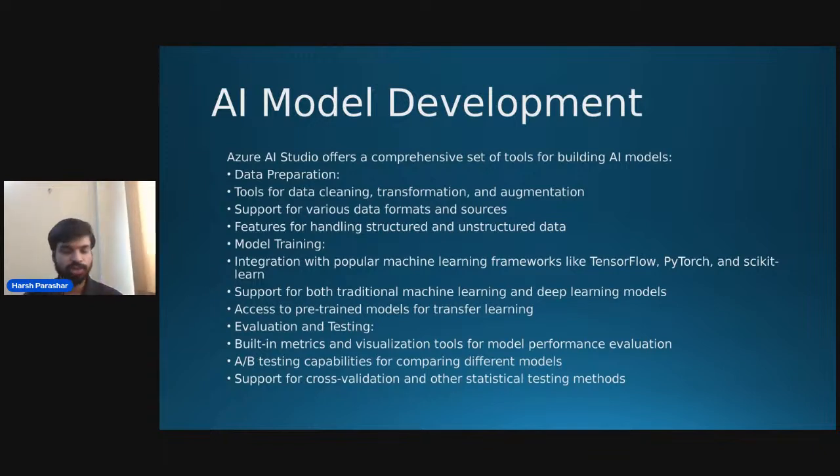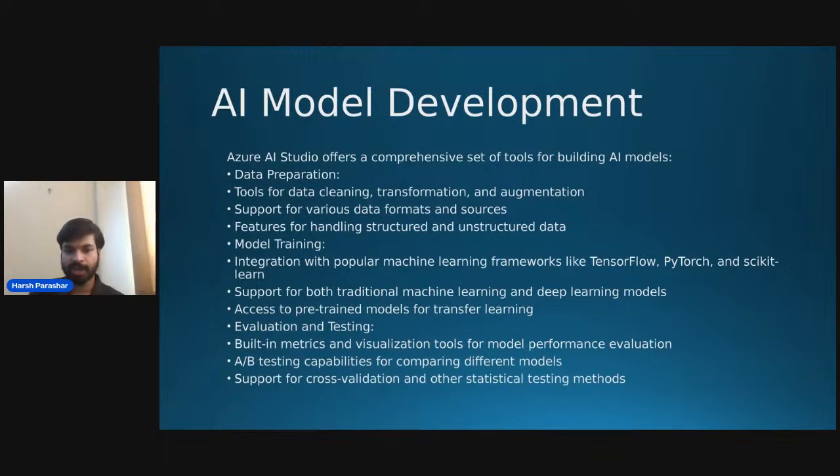So visualization tools are very important. Since here we have very limited time, we can't discuss visualization tools in detail. But visualization tools are very important before deploying your model, so that you can get an actual view of how your model will be looking, how your model will be working, so that you can deploy it directly. You need not think about how my model will work, or how I can get a hold of it, how it will look like, and it will be very crucial for model performance evaluation.